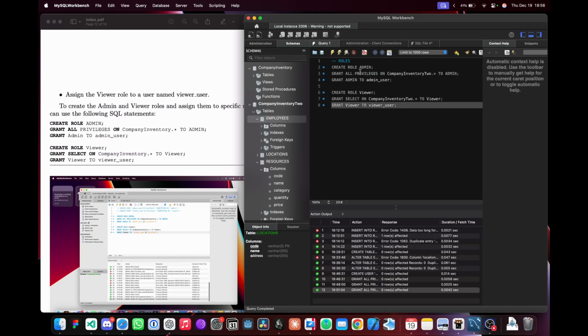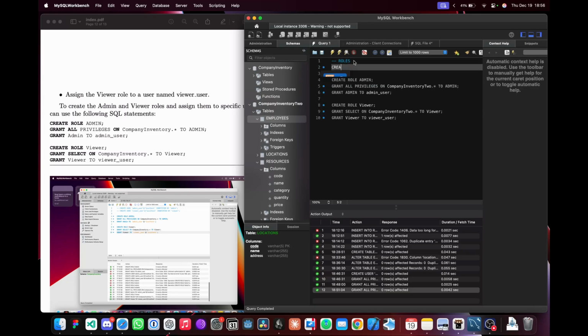So before doing this, we obviously need to create the admin user. So create user admin user, identify it by, let's put a secure password. Okay, and then we create the viewer user